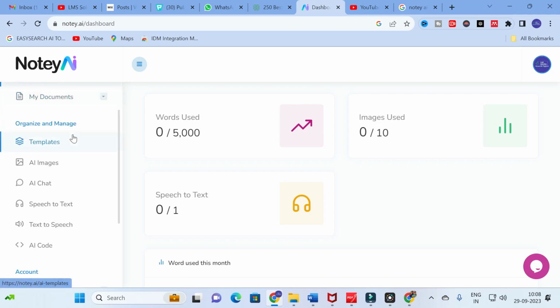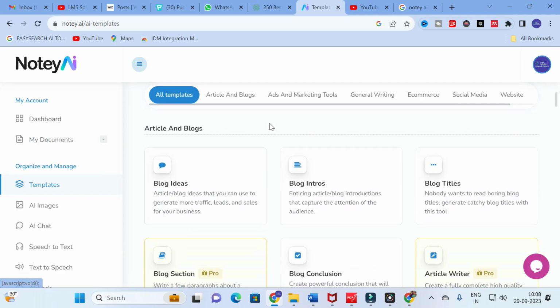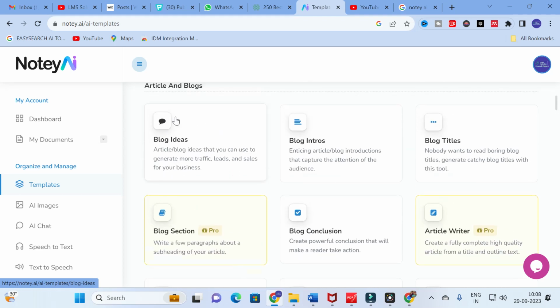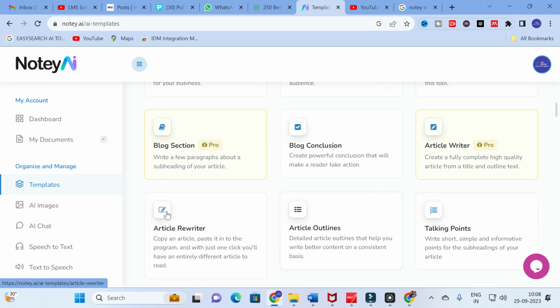Here you will have different options. You can see templates, AI images, AI chat, speech to text, text to speech, and AI code. So let us explore one by one. First I am going to click templates. Here you can see the categories of templates: articles and blogs, general writing, ads and marketing tools, e-commerce, social media, website. Here you can see blog ideas, blog intros, blog titles, blog conclusion, article rewriter, article outlines,